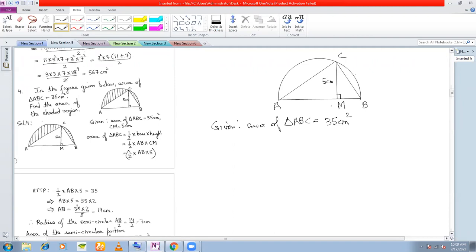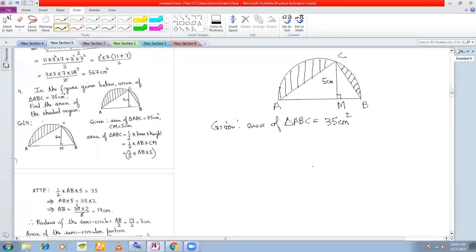Now, if I consider AB as the base, and if I call this point M, which is not given in the figure, I am calling that, that is why I always tell you to draw the figure. You have to find out the area of this shaded part. When you draw the figure, you can label the parts that are not labeled, and you can also write a few things on the figure for your understanding. That is why in geometry I always insist upon drawing the figure once again.